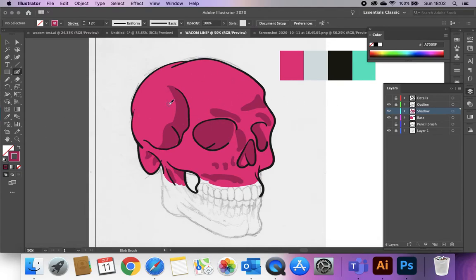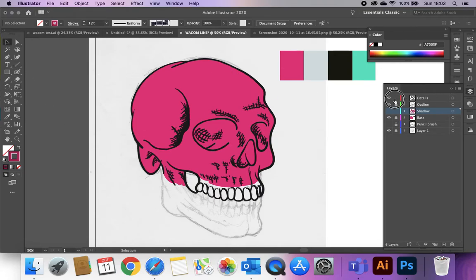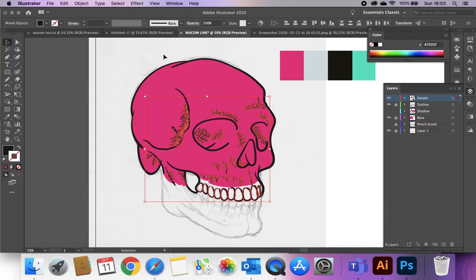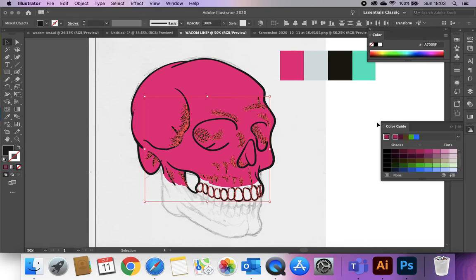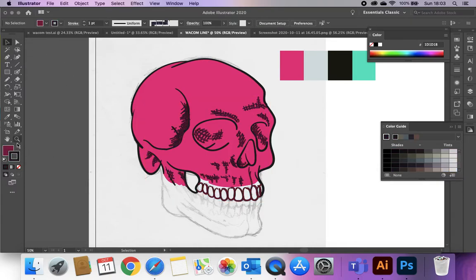If I hide this shadow and do an alternative shadow, I could actually take this layer, select everything that's on that layer. So if I unlock it and click there, then I select all of that. Then I could choose, from my colour guide, my darker colour. And if I swap those round and take the outline off,